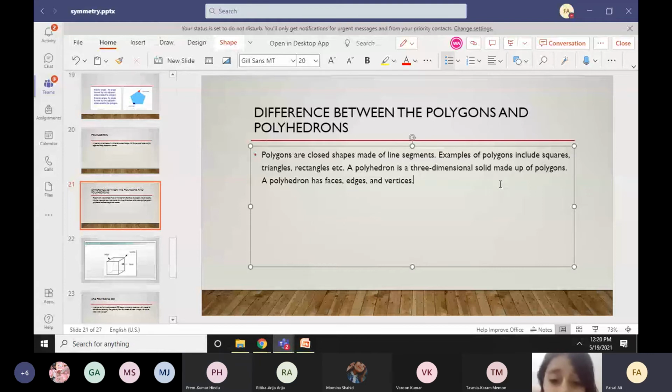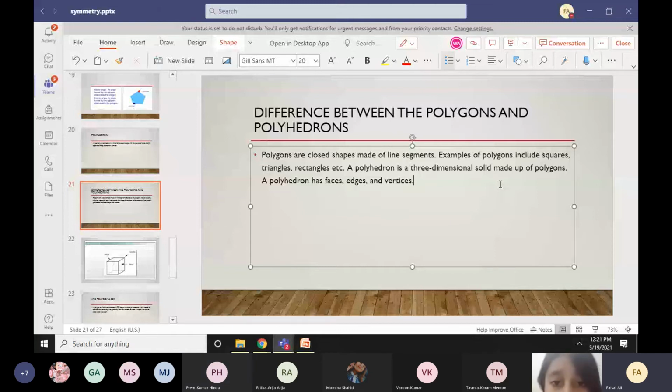So when you attach one wall with another wall, you will make a room. When we join all the walls together, it will become a what? It will become a room, and that room is known as a polyhedron. Our room becomes a polyhedron when we join the walls with each other. A polyhedron is made up of polygons.